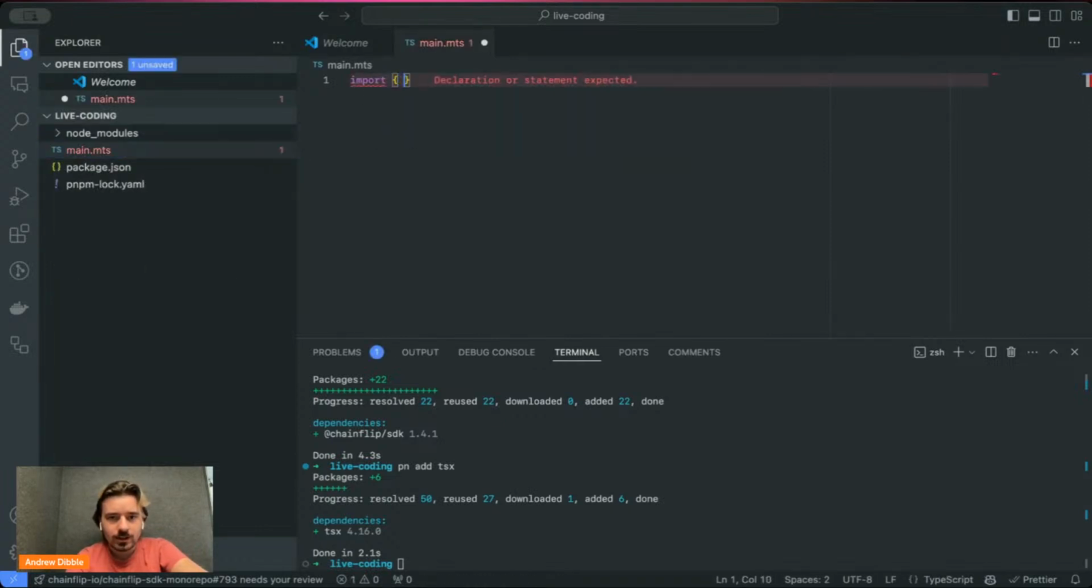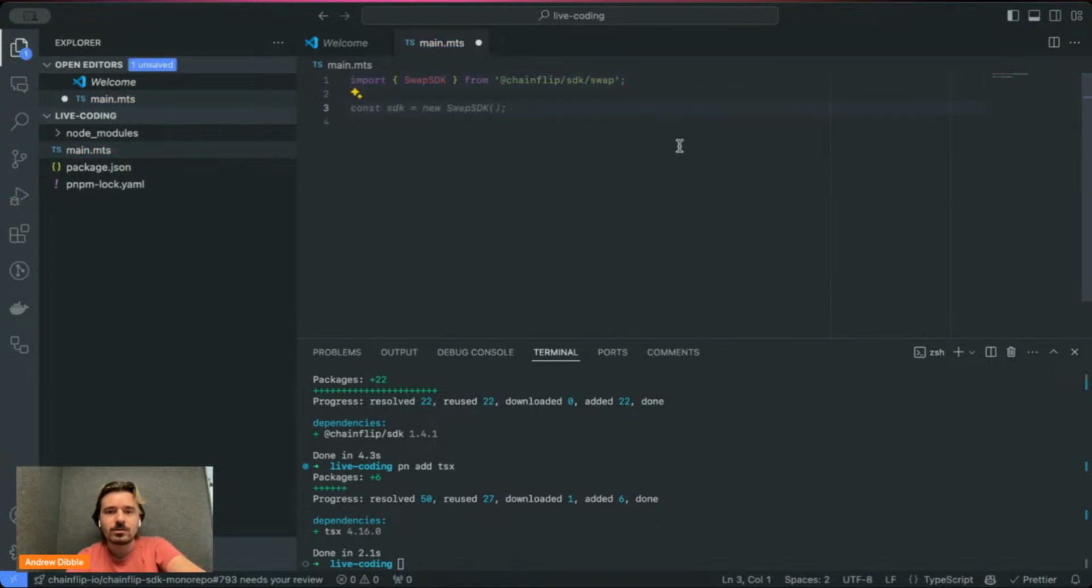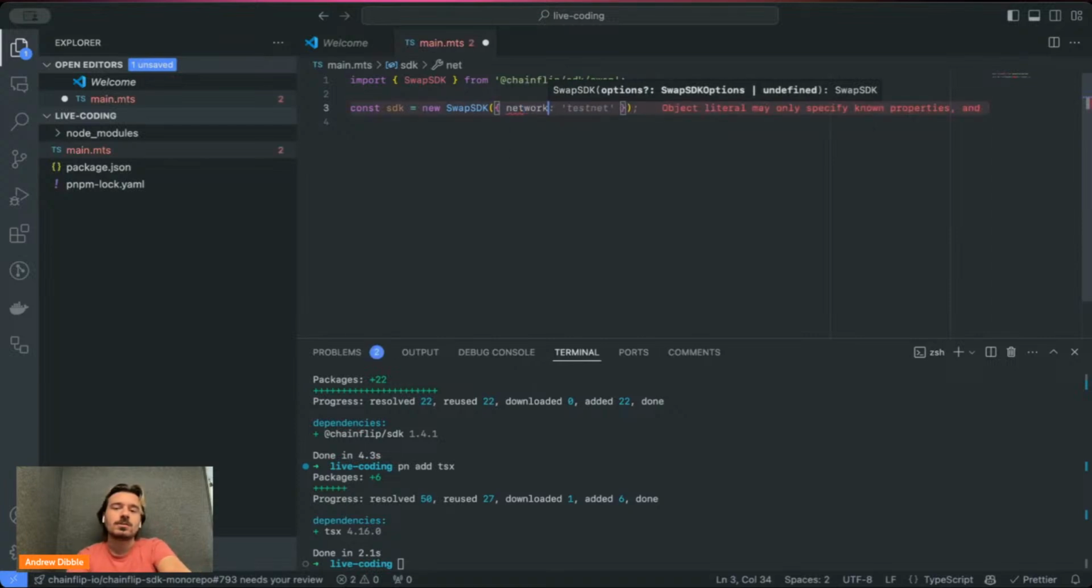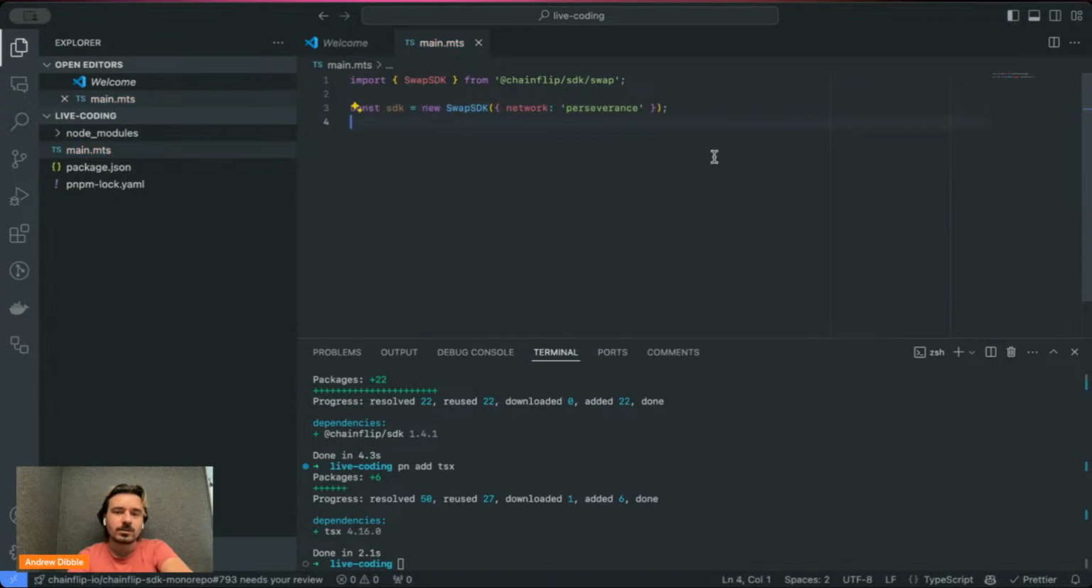So simply as importing the swap SDK from the npm package we just installed, then we can instantiate the SDK. And for the purposes of this demonstration, and probably for the purposes of your initial testing with it, you'll want to connect to the Perseverance network, which is our testnet. And then from here, we can